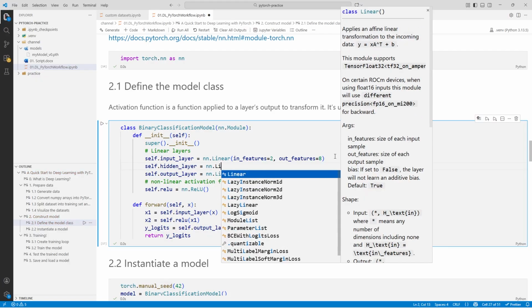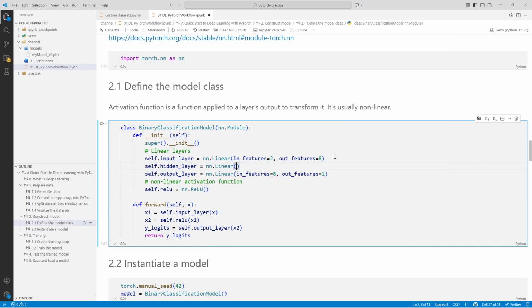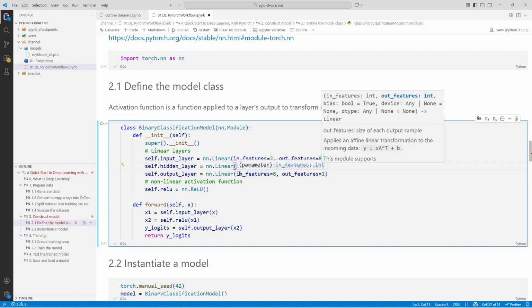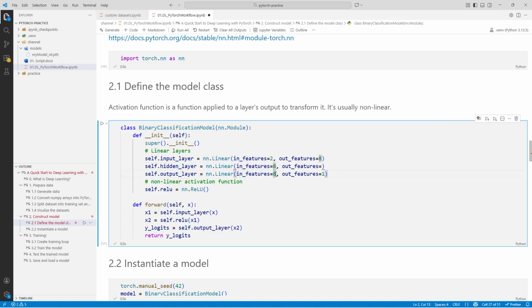And we still use a linear layer. The input features should line up with the output features of the previous layer, so it should be 8, and the output features should line up with the input features of the next layer, so it should be 8.